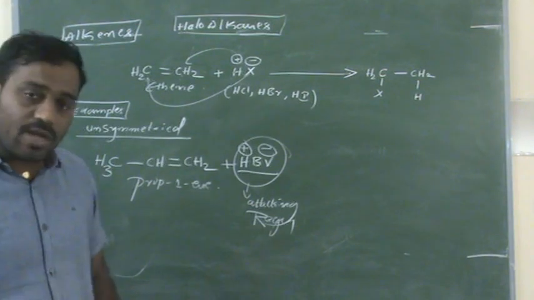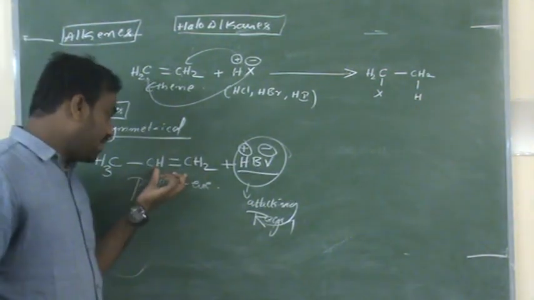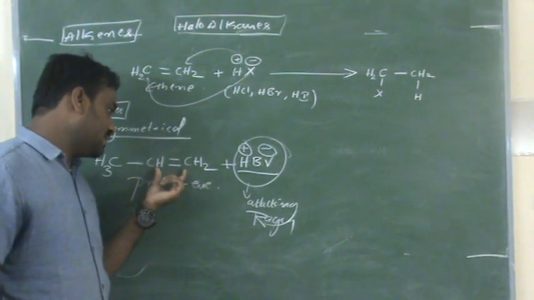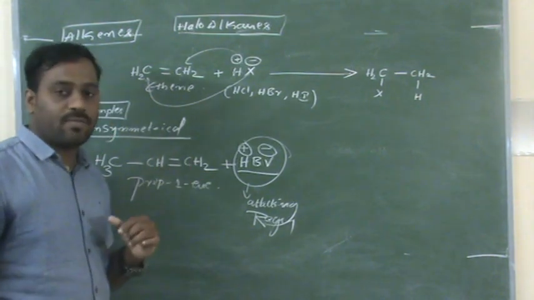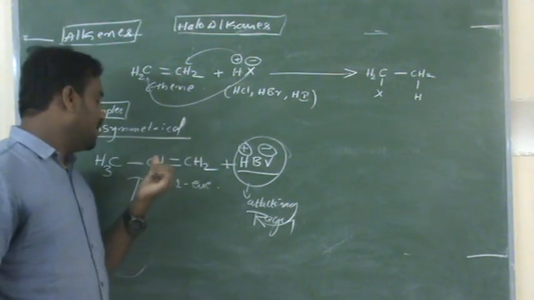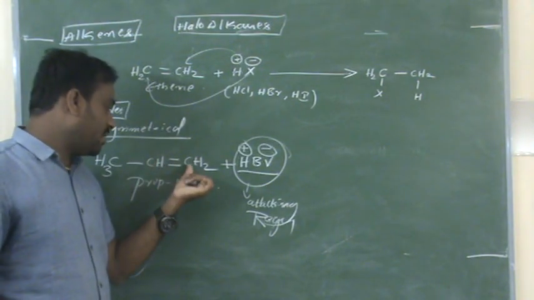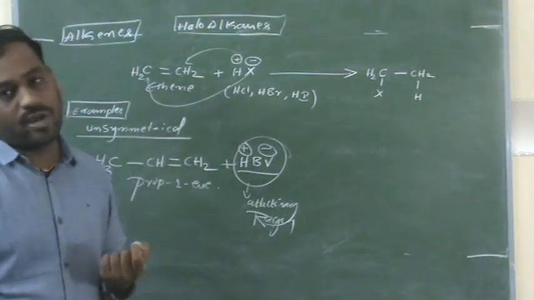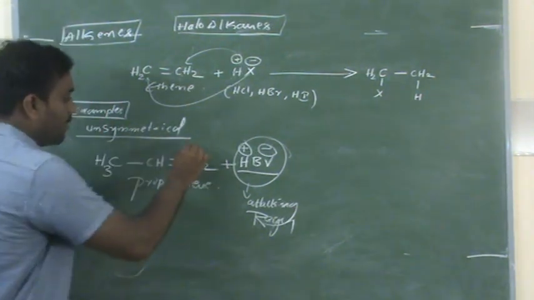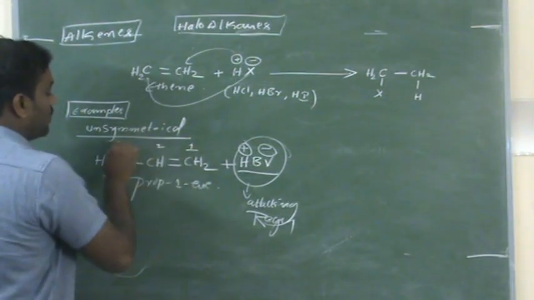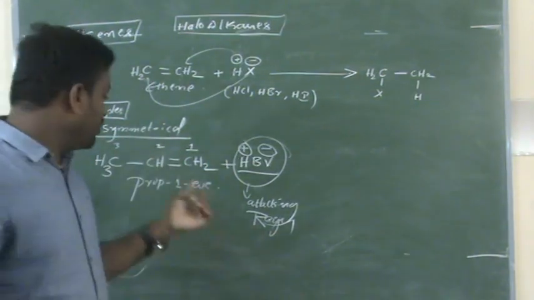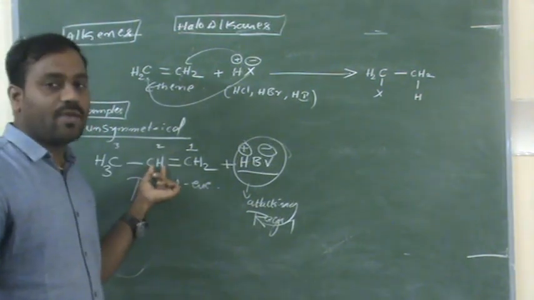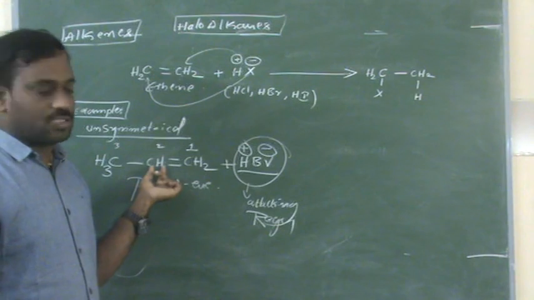Let us look at this carbon-carbon double bond. Here these two carbons are bonded with a carbon-carbon double bond, isn't it? Look at this carbon and this carbon. In which carbon atom is there a less number of hydrogens? Suppose I give numbering here 1, 2, 3. In which carbon atom having less number of hydrogen? No doubt, the second carbon atom having less number of hydrogen.